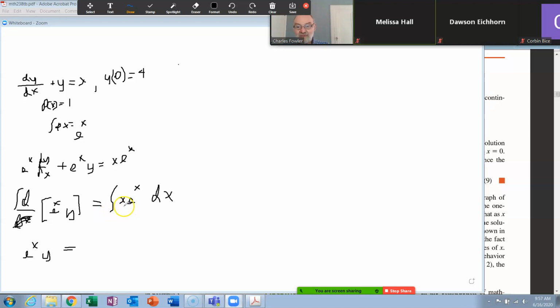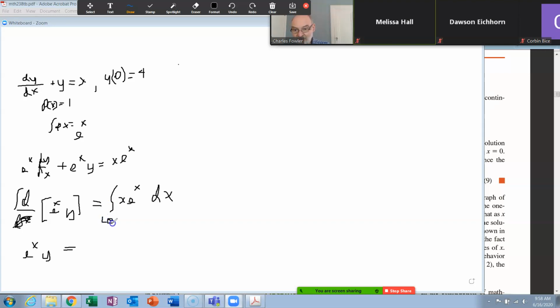It's a product here, and usually when you have a product, those are going to be a little difficult to separate, unless this was, say, x squared here, and then this would be a form of a derivative of that. We don't have an x squared here. So now we do integration by parts. And the technique is